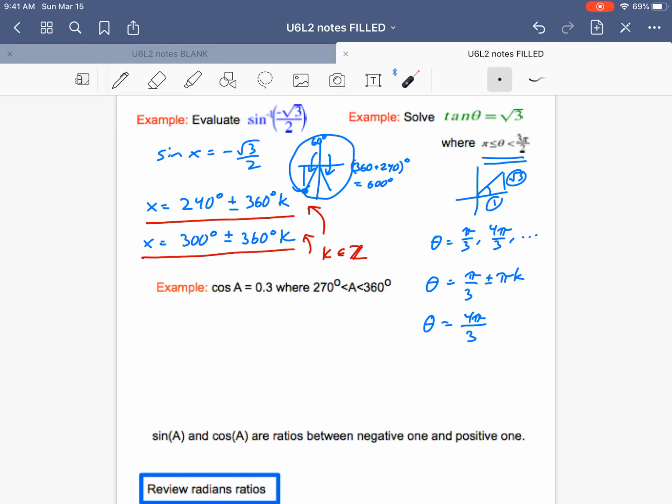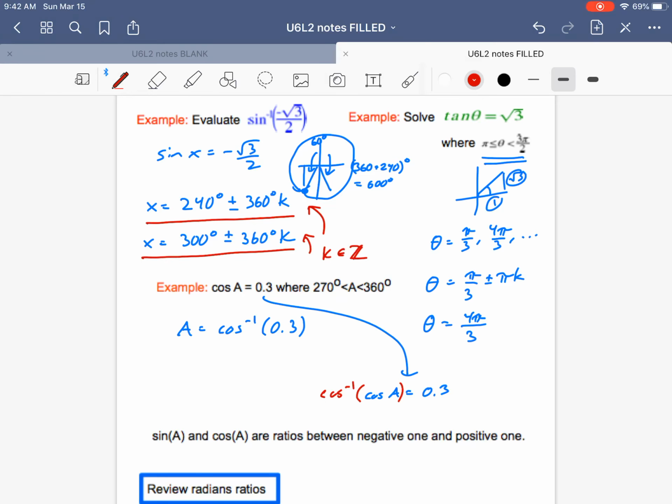All right, this last one, cosine A equals 0.3, where the angle is between 270 and 360. So for this one, we have to use a calculator. I don't have a calculator on me, okay, but what you would do is you could say that A is equal to the cosine inverse of 0.3. What that will do, if we start with this equation and you have cosine A equals 0.3, and you take the cosine inverse of both sides,